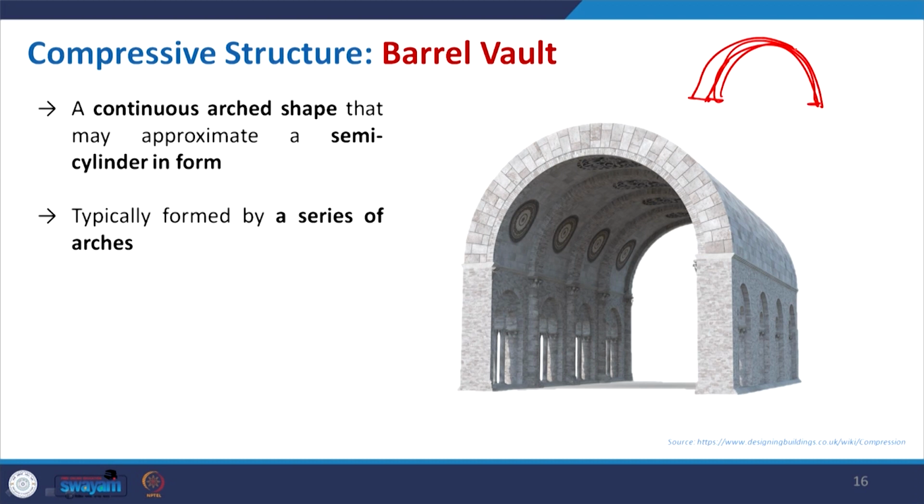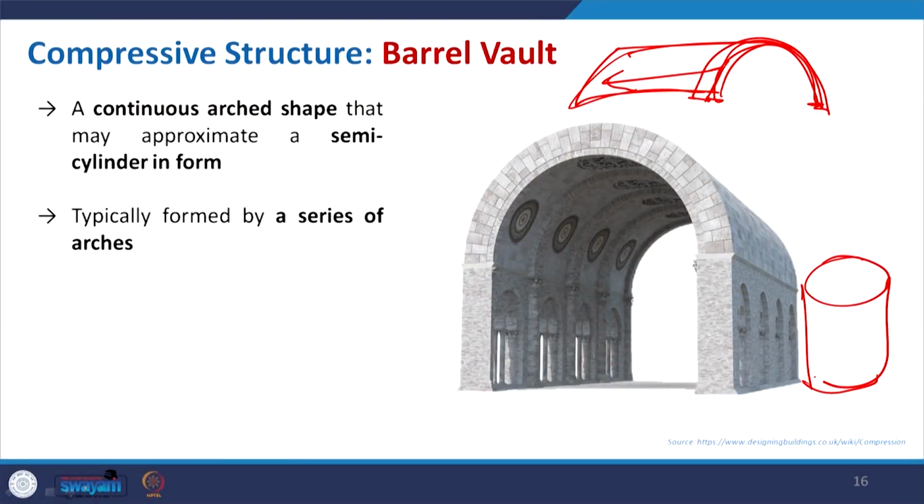It will have a thickness, and if you try to stretch it, that will give you a hollow semi cylinder kind of form. Suppose you have a hollow cylinder, and you cut it like this or maybe like this. Whatever form you get is basically